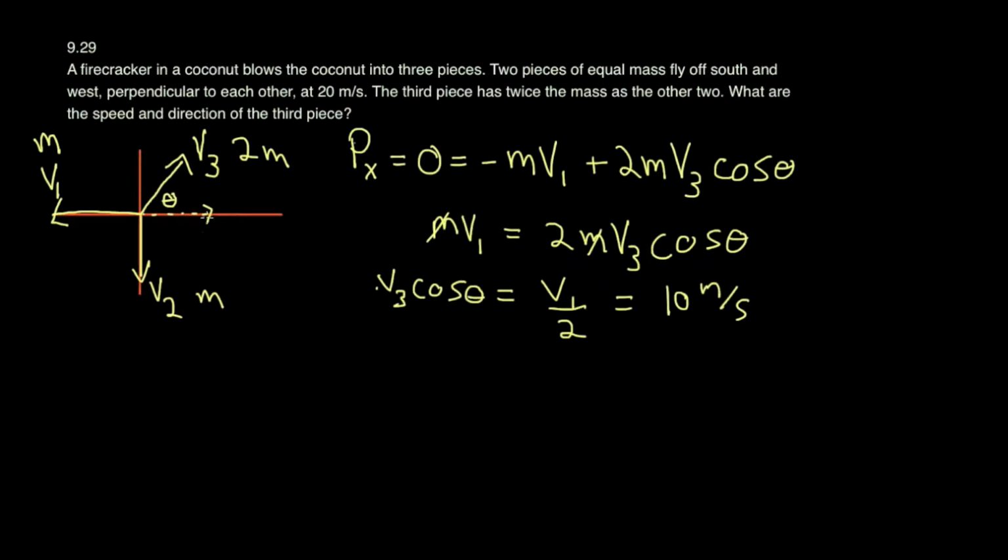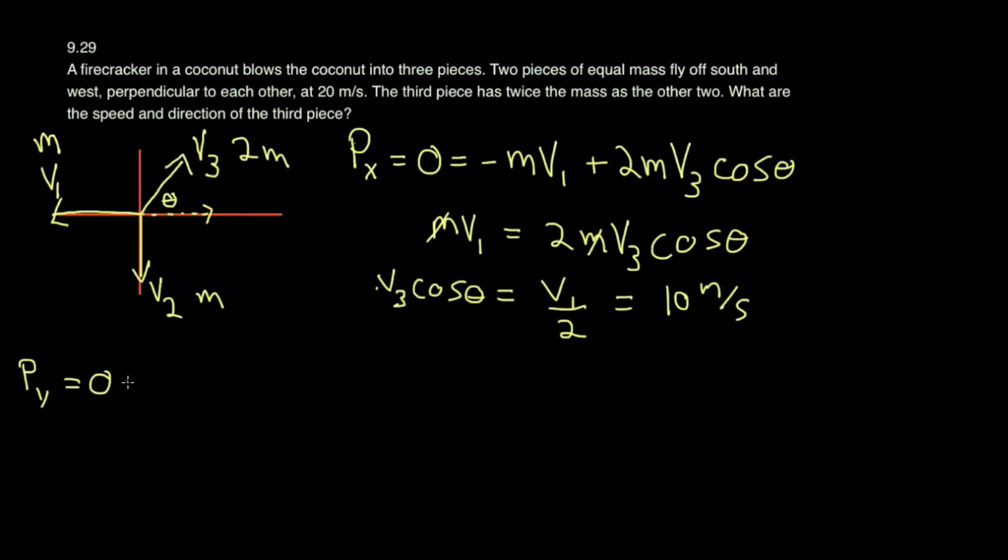So that means that the x component of the third coconut piece that shot from this direction is going to have a velocity of 10 meters per second. Okay, so that's the momentum in the x direction. So now let's do momentum in the y direction. Piece of y. And again, it has to be equal to 0, right? Because the initial momentum for this entire system was 0,